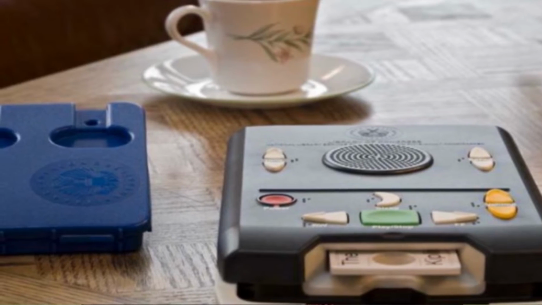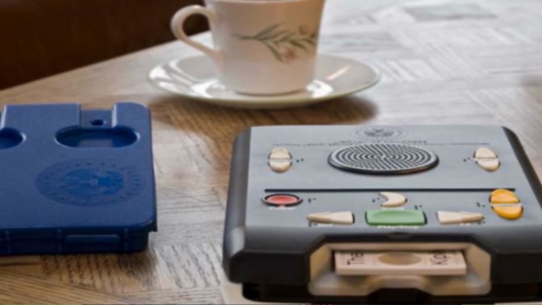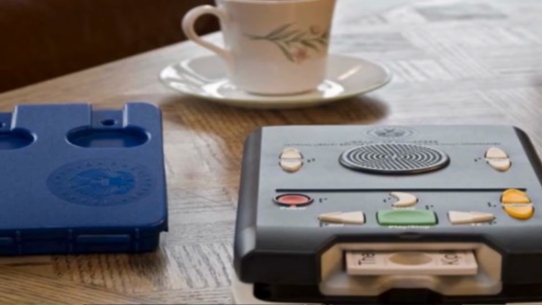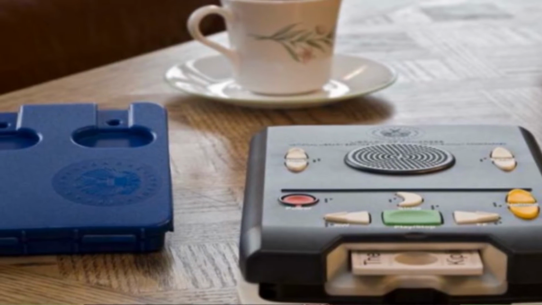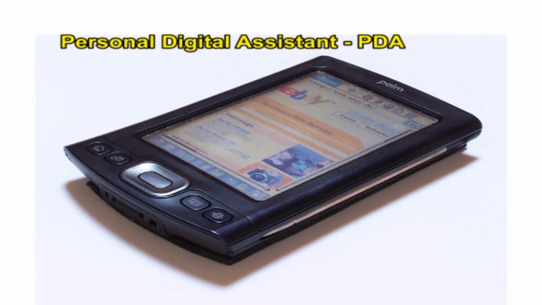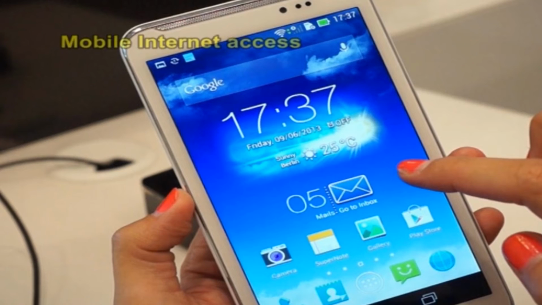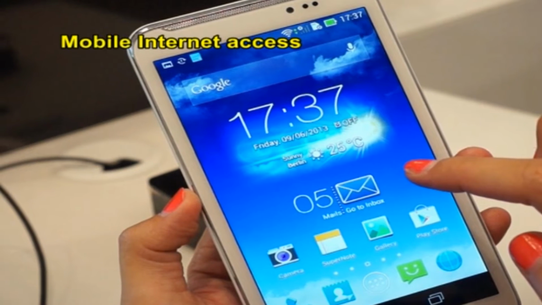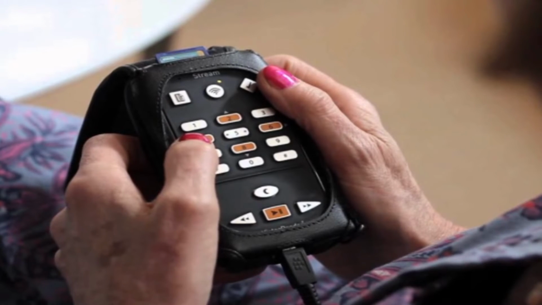Now let us talk about the hardware players used to play DAISY books. There are also a wide range of hardware products available that can play DAISY content, usually in a portable form factor. Some of these devices are dedicated to playback of books, while others focus on other functionalities such as personal digital assistance or mobile internet access, and offer DAISY playback as either a feature of the unit or as a software add-on.